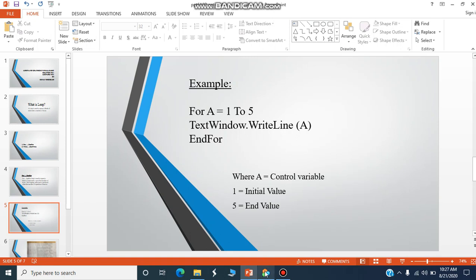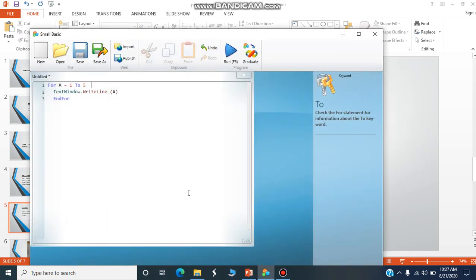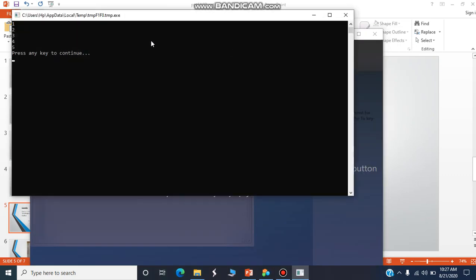Okay, now let's run this program in Small Basic. This simple program has been written for you and by pressing the run command you can see that output has been shown in your text window. You can see the computer checks whether the value of variable A is less than or equal to the end value, that is 5.